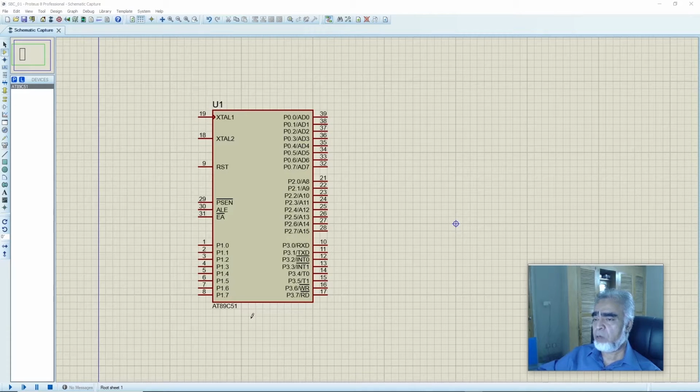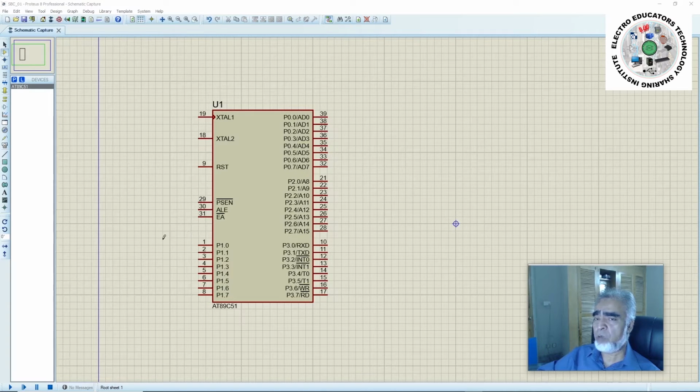And now we'll see how to use the 8089C51 microcontroller as a microprocessor. First of all, we will consider the control signal external access. Here on pin number 31, we have the control signal external access, active low. It means that if you connect pin number 31 to the ground, then the device will be configured in microprocessor mode. So first we'll connect this control signal to the ground to configure the device in microprocessor mode.